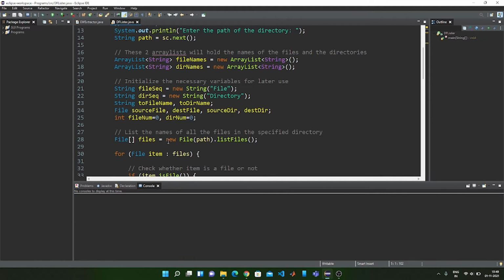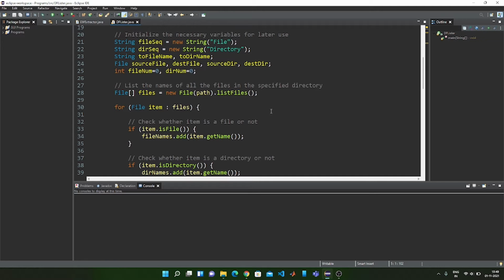Then, as you can see, I have listed all the files present in the path the user has provided, by making use of this line. It is going to store all the files. Directories are also called files, so they are stored inside this file array, and we iterate through each of the files in that array.